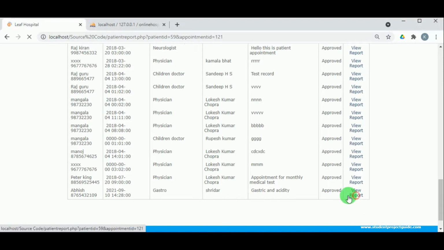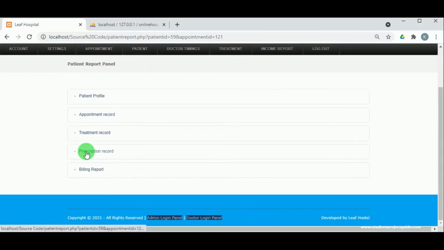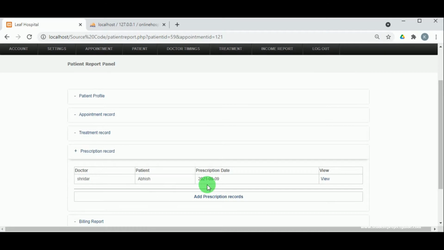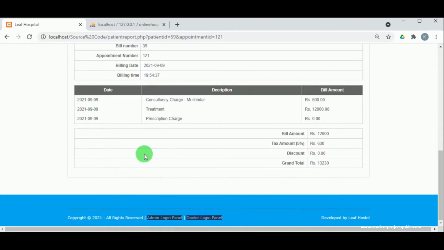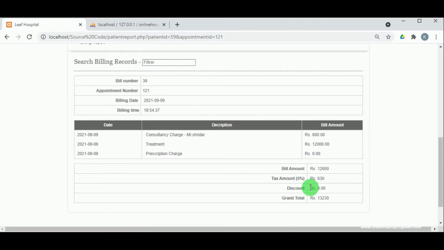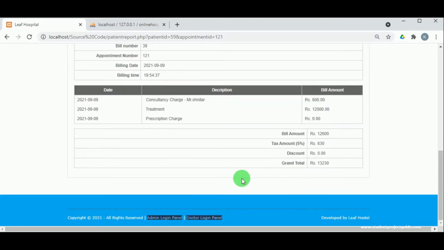So under view report, now we can view the prescription report also, that is what is the patient name, what is the doctor name and what is the date of prescription, and by clicking on view, more detail can be viewed. Under billing, the total bill is generated by entering all the charges.